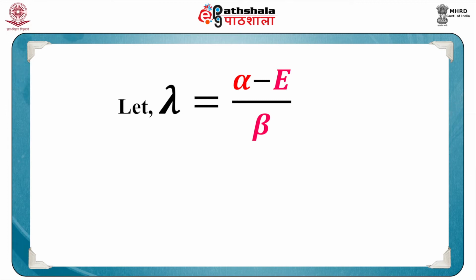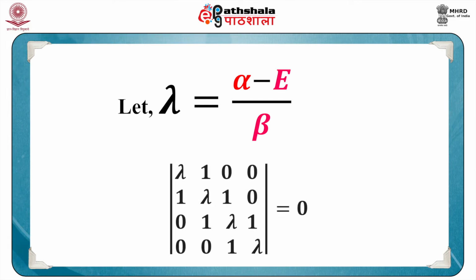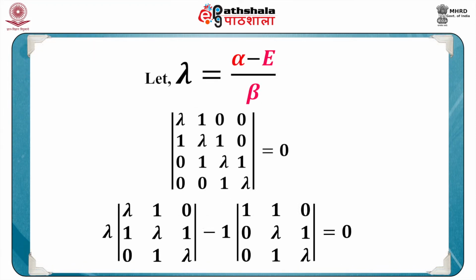And once we make this substitution, the corresponding Huckel determinant simplifies: the first row becomes lambda, 1, 0, zeros. Then the second row becomes 1, lambda, 1, 0, zeros. Then we have 0, 1 and so on, and like that the last row becomes 0, 0, 1, lambda, etc. So that's basically the Huckel determinant after making the approximation. This Huckel determinant, as we have seen, is quite simple, and it can be very easily expanded and then solved.